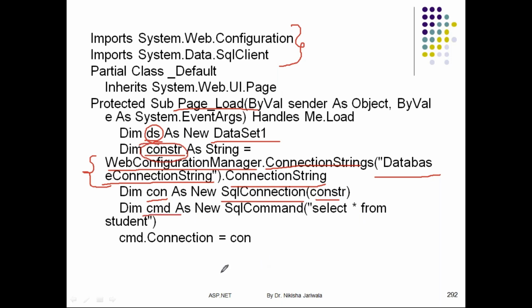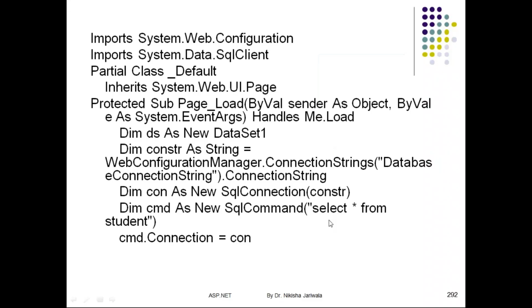After that, I have created the cmd object, which is of the SqlCommand class, and I have specified the query, that is select asterisk from student. It means I have written the select query through which I want to retrieve the records which are present in the student table, right? And then I have specified cmd.Connection and I have attached the connection object. If I don't want to specify this statement explicitly, then I can specify a comma over here and I can specify the name of the connection object, that you already know, right?